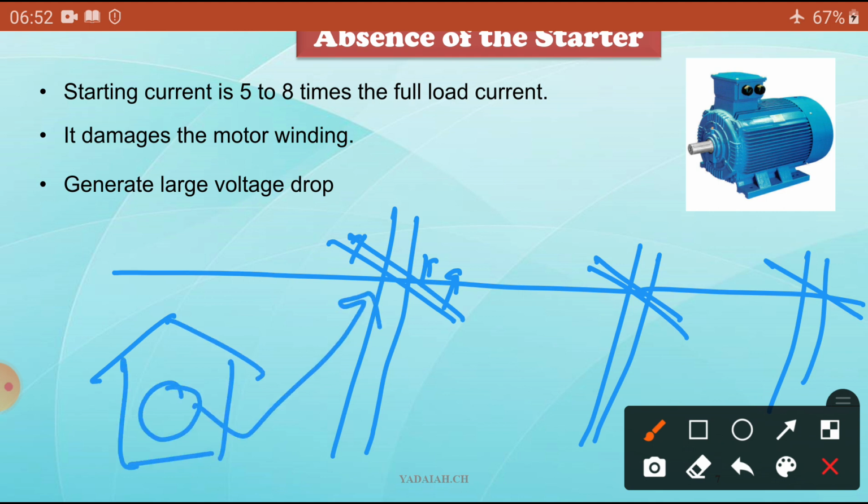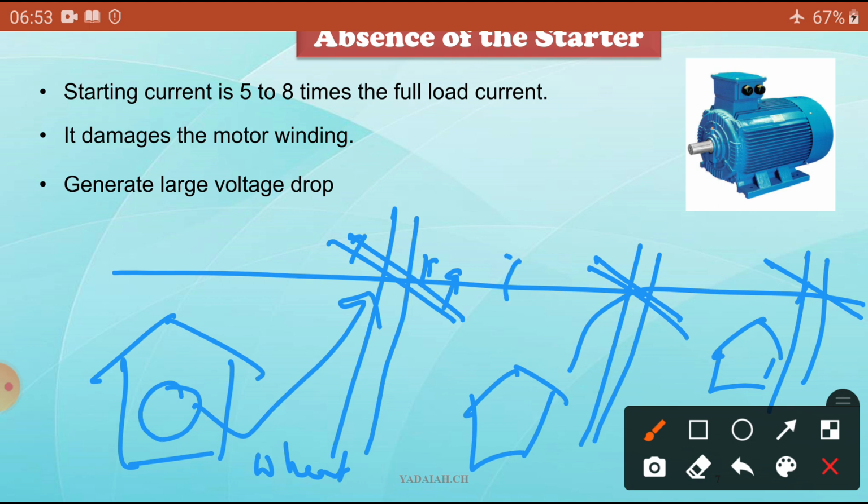For my wheat flour, I have a flour machine, and I connected the 3-phase supply. At the same time, this fellow uses his supply for domestic applications, and this fellow also for his domestic applications. Under normal condition, this is a 3-phase supply, 400 volts, for example. And once I start the motor at a time, what will happen? It will draw some more current, instead of full load current.